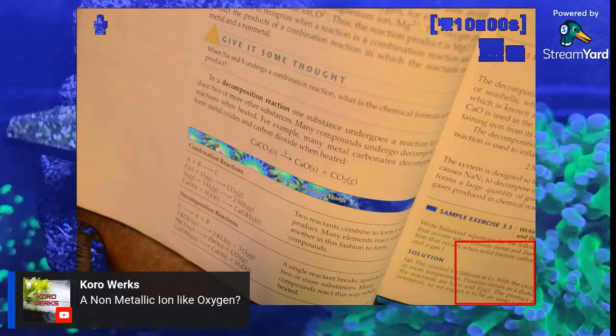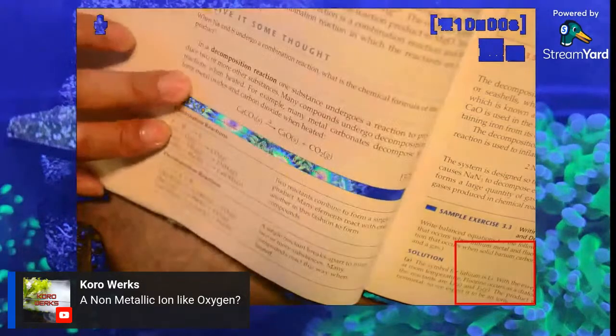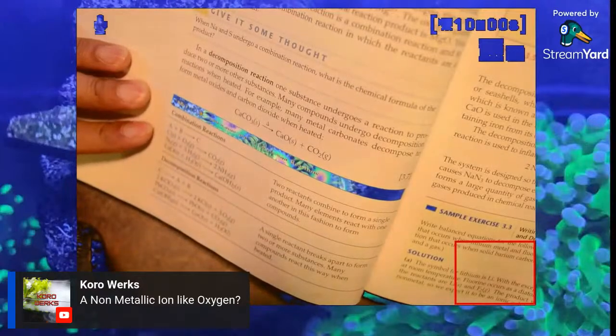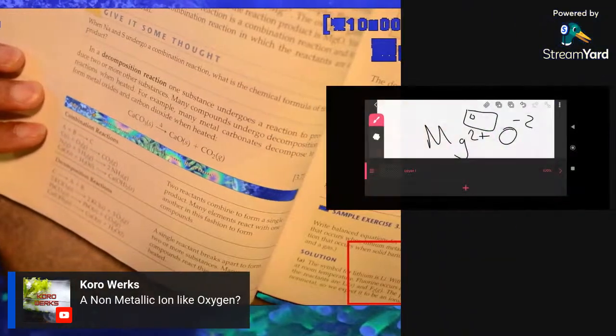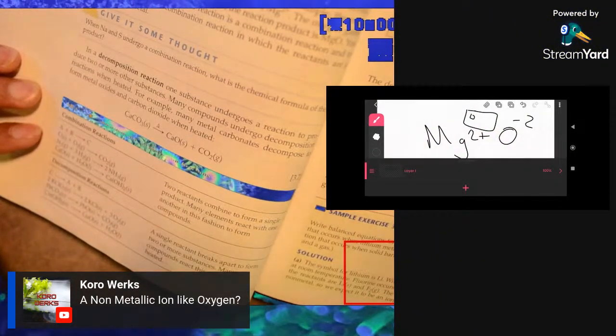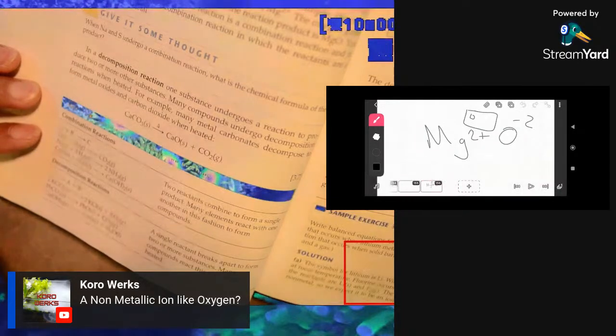All right, okay, let's go. So basically, what it's saying. If we go to our little thing right here. Oh snap! So what it's saying is